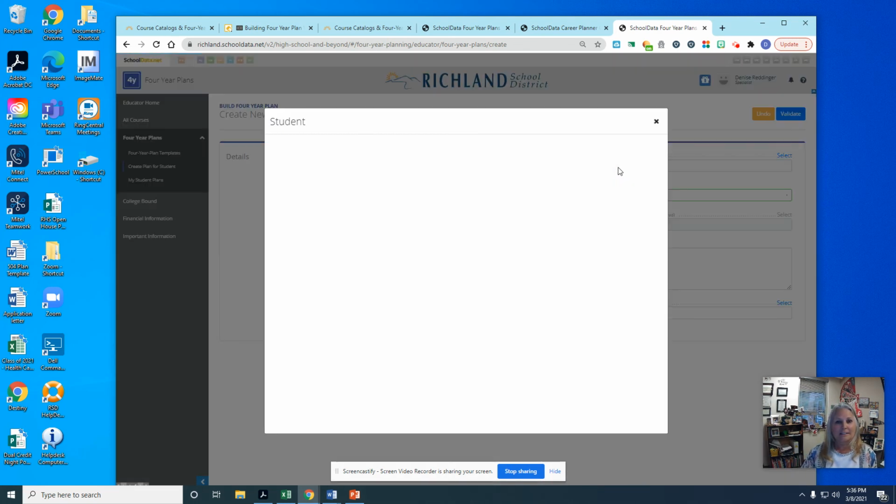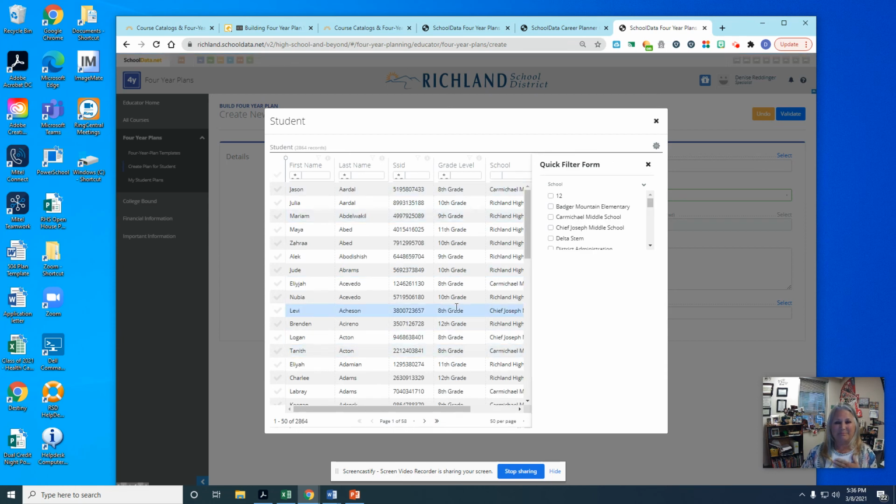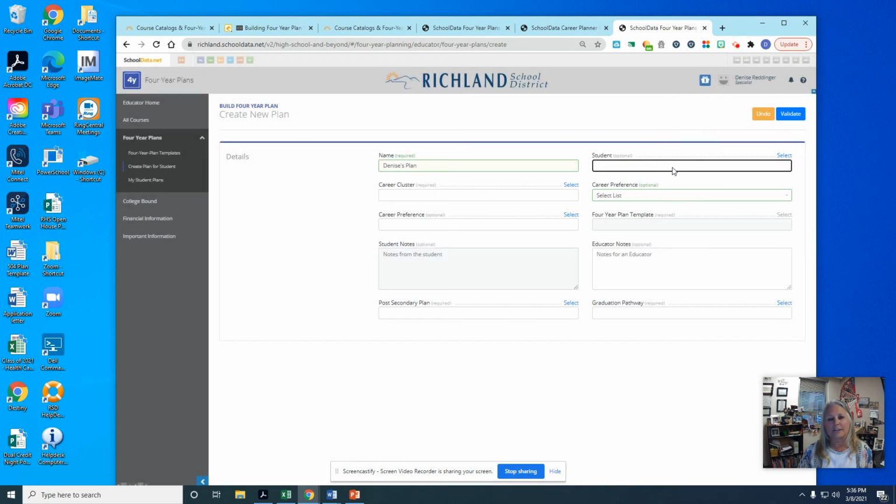And then, because I'm in the counselor mode here, I get to see everybody's, but you're going to go in and find your name in here. And then you're going to go through. There's some mandatory things. If you don't know the career cluster or the career preference, that is exactly why you are doing the career planner before you start working on your plan. So if you haven't done the career planner, do that. And if you've already done it, then you can update your 4-year plan on this using this tool.